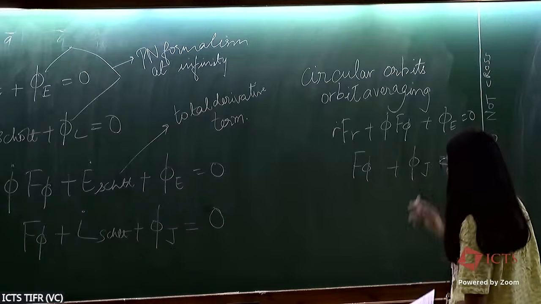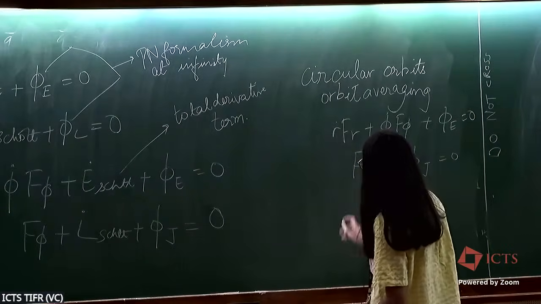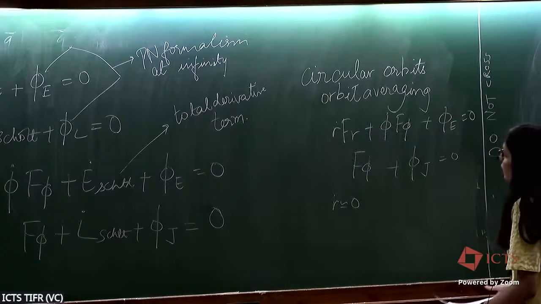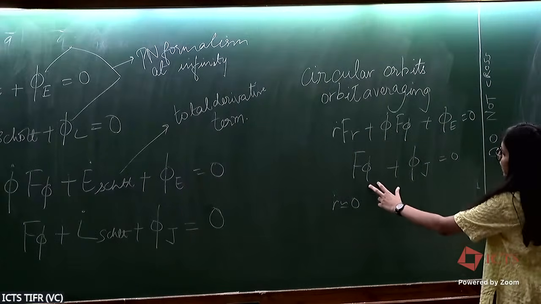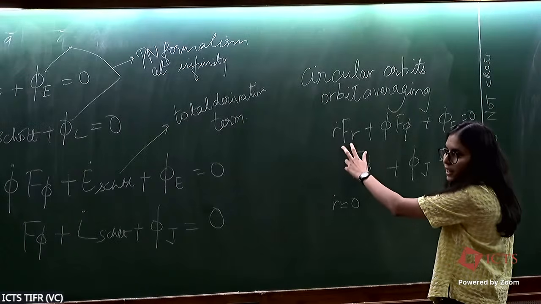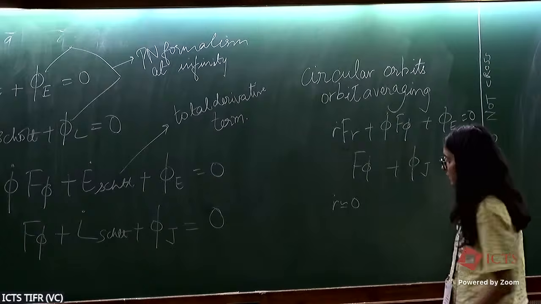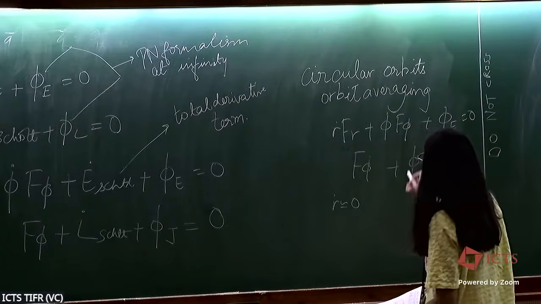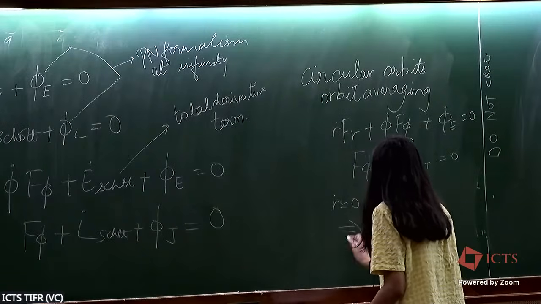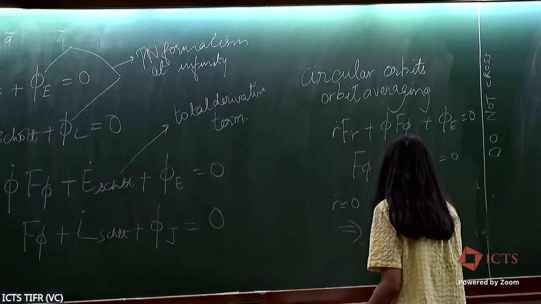For circular orbits, another condition we have is R dot is approximately equal to 0. And if we fix Fi from this equation, then Fr becomes irrelevant. The radiation reaction force in the radial direction is irrelevant for circular orbits, and we can only focus on Fi. So this equation gives us, for circular orbits, Fi is